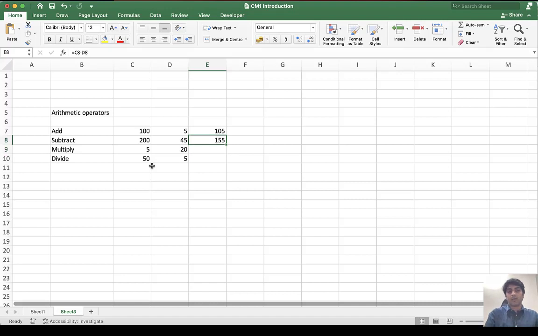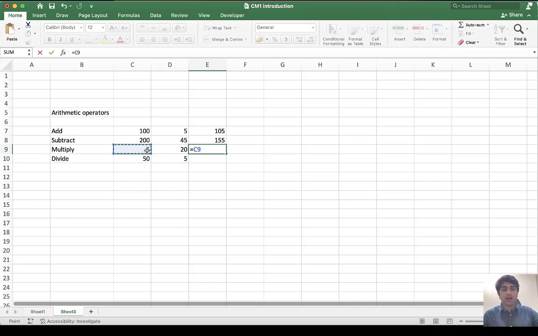now for plus and minus you have your basic operators, that is your plus sign and the hyphen sign or the minus sign. For multiplication, I will select, let's say, 5 or C9, and I want to multiply D9 with it. So the operator that we use is the star or the asterisk key, so just find the asterisk key on your keyboard and use that. So if I do C9 into D9, I should get 100, and I do get 100, which is simply